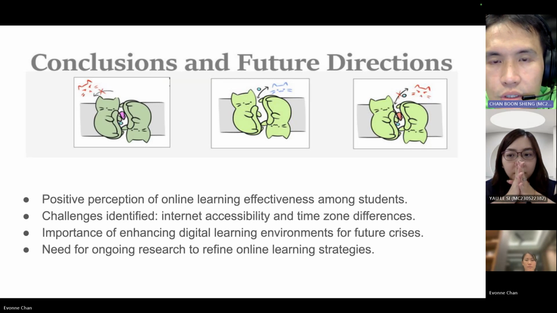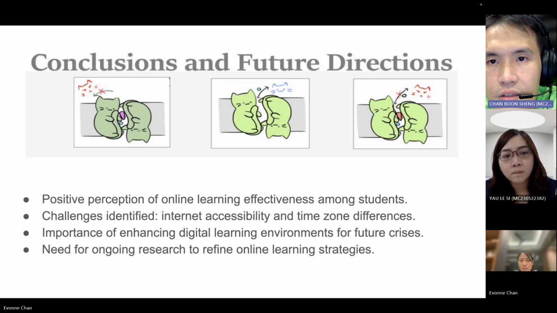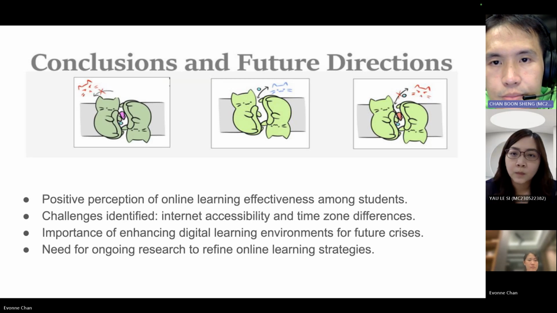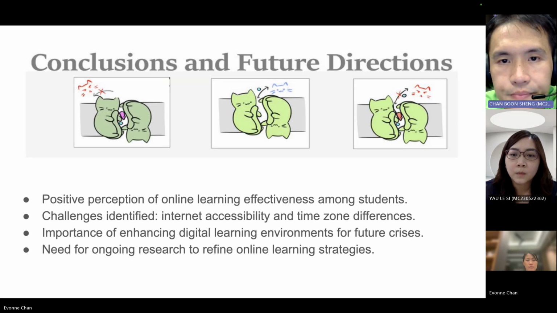As we look to the future, this study serves as a clarion call for educational institutions worldwide to prioritize the enhancement of digital learning environments. The findings underscore the importance of continued research and development in this area, ensuring that online learning strategies are inclusive, accessible, and effective for students across the globe.